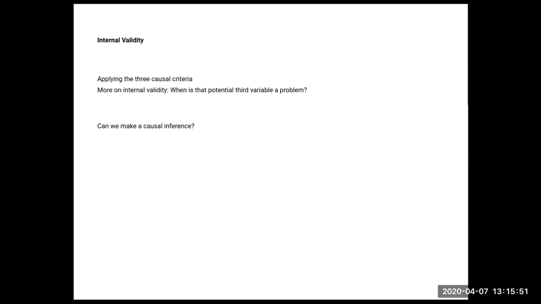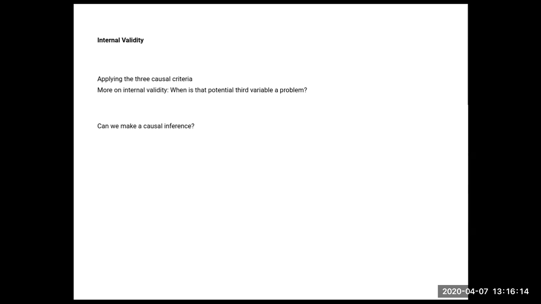So the last thing we're going to look at is internal validity. That's all for statistical validity. In internal validity, we're looking to see if correlation can imply causation. Can we make a causal inference? Yes. I understand you already know the answer is no. Correlation does not imply causation. But we can use those 3 rules from chapter 3 just to see.